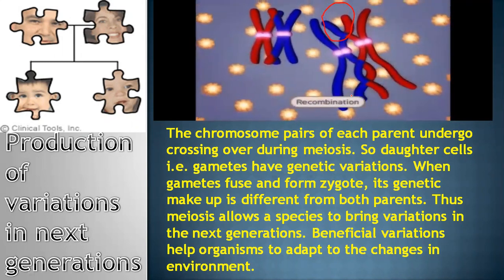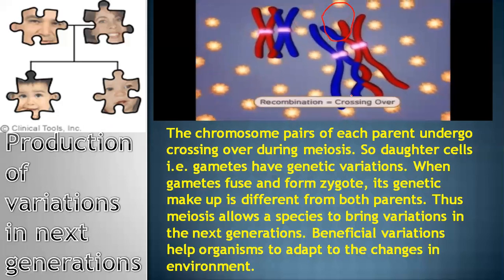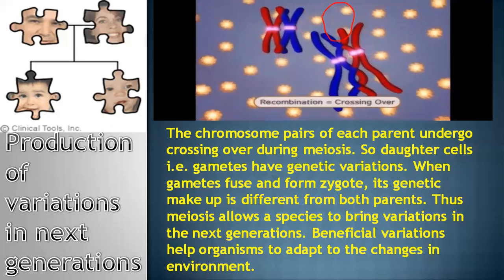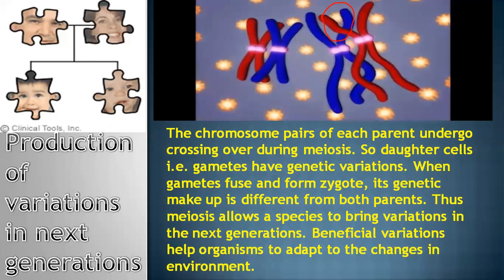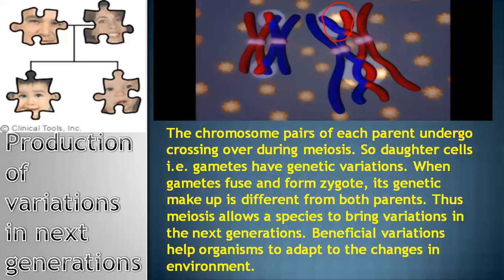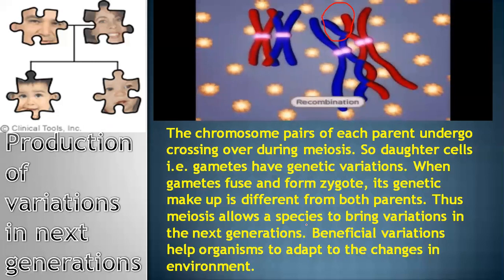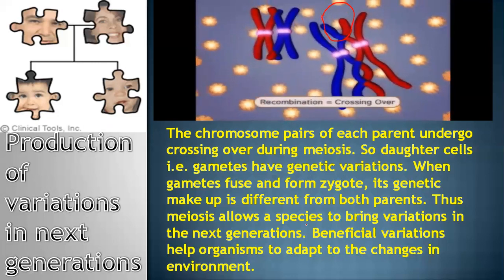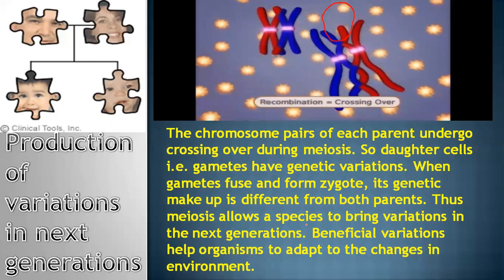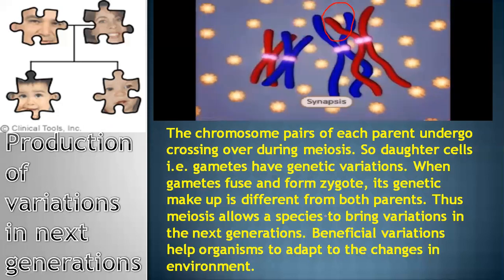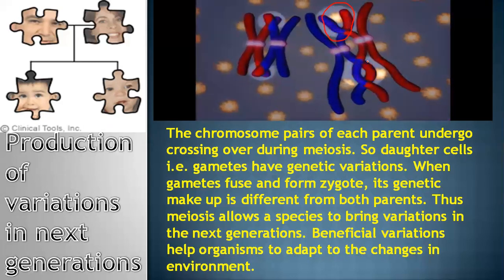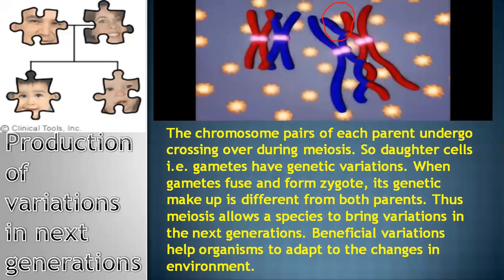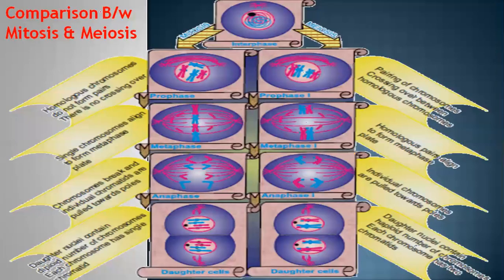So we all are different from our parents. Gametes fuse and form a zygote, and its genetic makeup is different from both parents. So meiosis also allows the species to bring variations in the next generation. Beneficial variations help organisms adapt to changes in the environment. If the organism cannot cope with the temperature, for example, definitely it will die off. But with genetic variations, organisms can adapt to their environment easily. These were the two very important significances